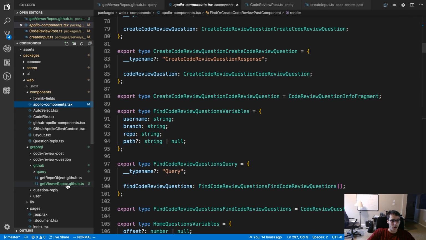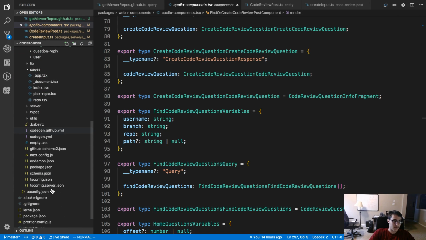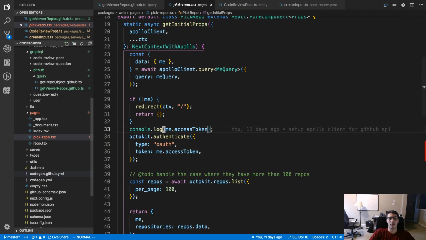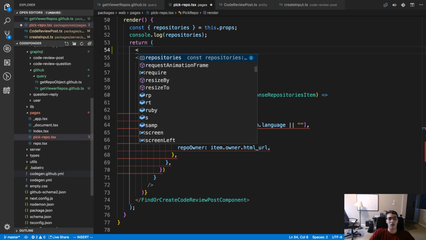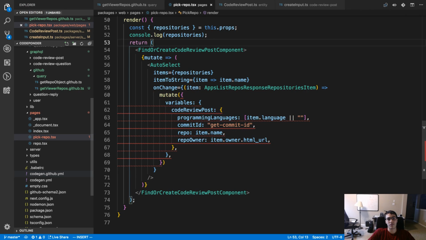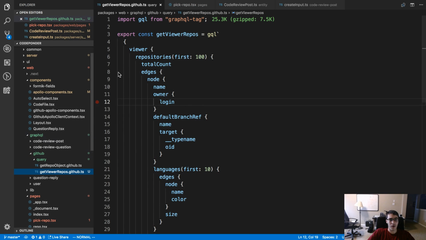So we should have some new Apollo components that we can use. Though I generated, I should have not used generate. We have a special one that generates for GraphQL queries, and we also have to give this a name.